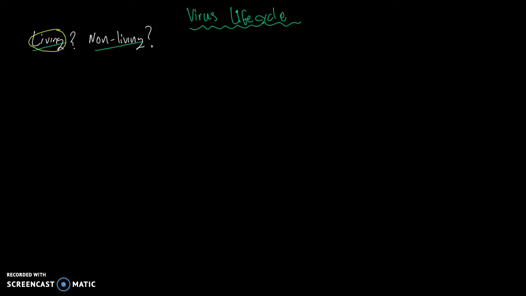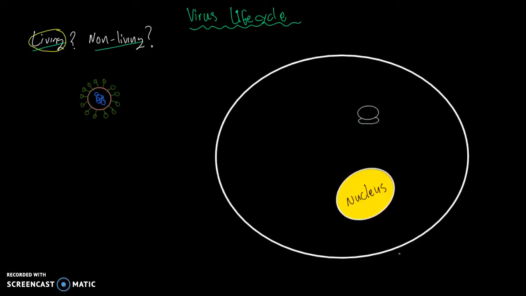Okay, so we have answered the question of whether viruses are non-living or living. And the fact that viruses need a host in order to survive and reproduce is because the host is where the resources are. And speaking of resources, let's now finally jump into the actual life cycle of a virus. What we have here is an example of a host cell, and on the left is a virus. The first move of viruses is to move closer to the host cell and bind onto the surface outside the cell, just like so.